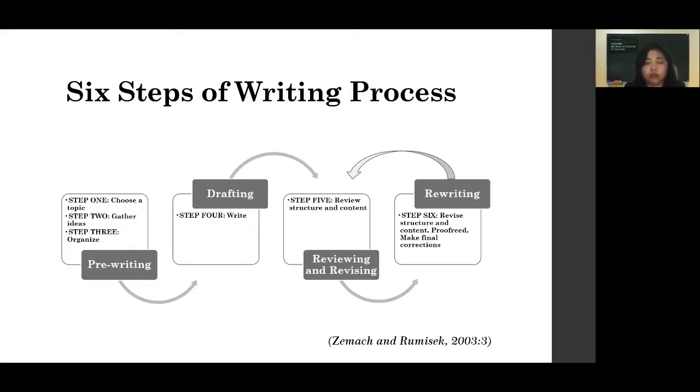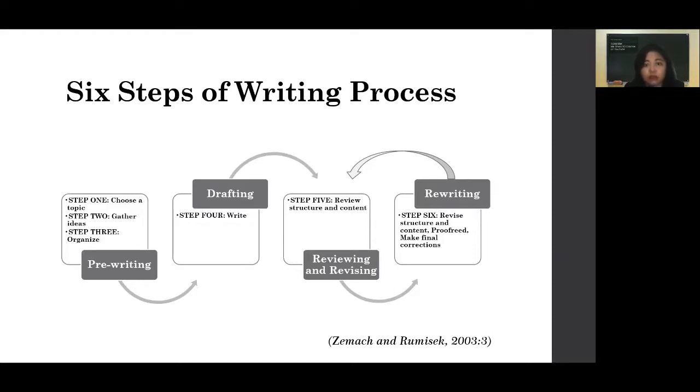For example, if your topic is friendship, you can have so many ideas about friendship, maybe the definition of friendship, examples, illustrations, and whatever else about friendship. So you have the ideas with you. Don't stop there.